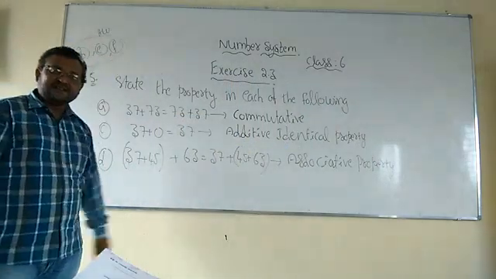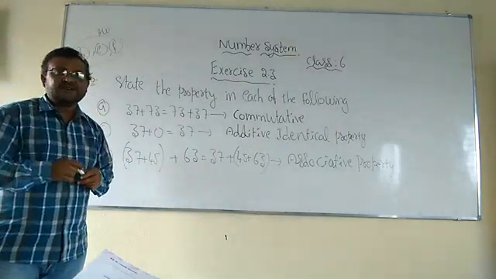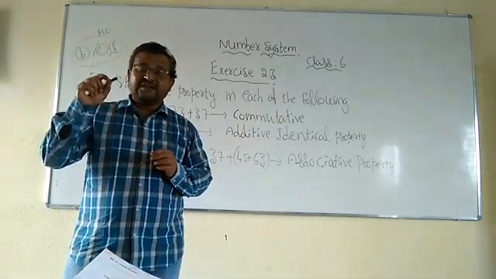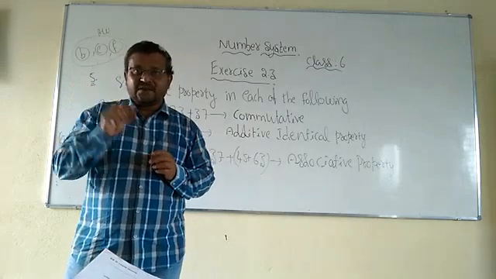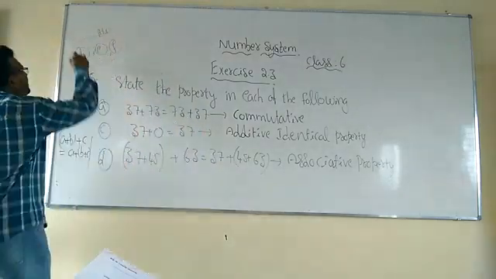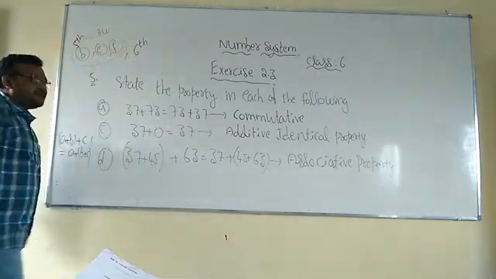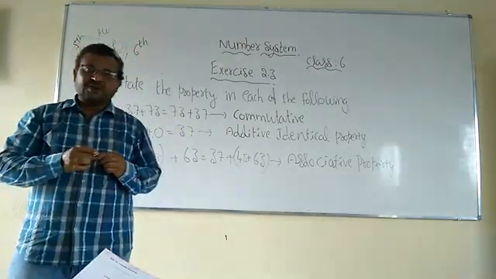Next, remaining three, B, E, F. By observing the statement, just write the name of the property. And also the sixth problem, just by reading the statement, you have to tell whether it is true or false. That one is also homework for you, in the fifth problem and in the sixth problem. All statements, you just have to tell true or false.